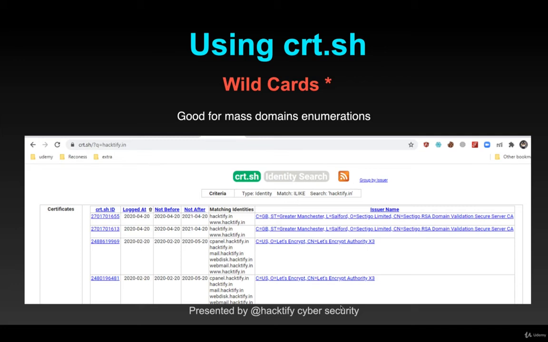Hello everyone. In this video, we are going to see how you can identify subdomains using wildcard characters. In the previous video, we have already seen how you can identify subdomains given a particular domain name in cert.sh. Now this time we are going to identify subdomains which belong to a particular set of categories. For example, if we want to enumerate mass domains that belong to the Indian government, let's say, then we